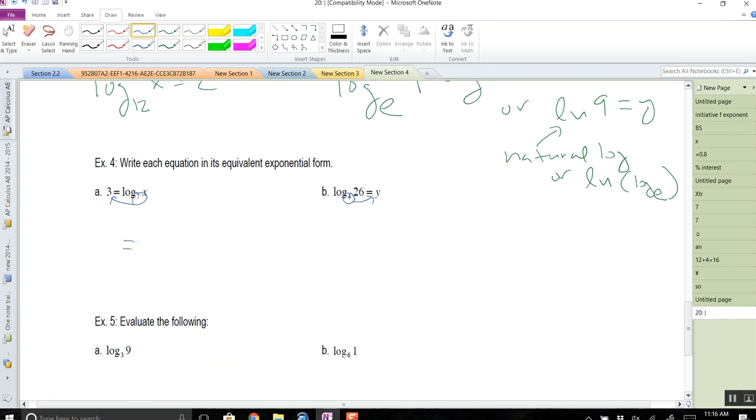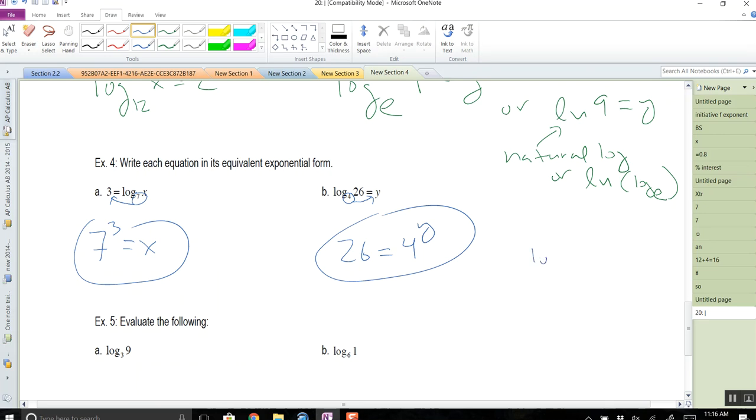So that looks like this: x equals what to what power? 7 to the third, perfect. Or 26 equals what to what power? 4 to the y. Personally, for part B, I would just leave it like that. I wouldn't necessarily do that, but because in order to do log in the calculator,